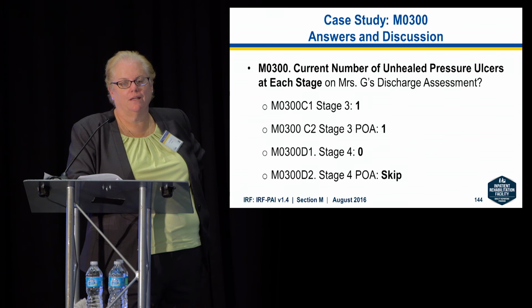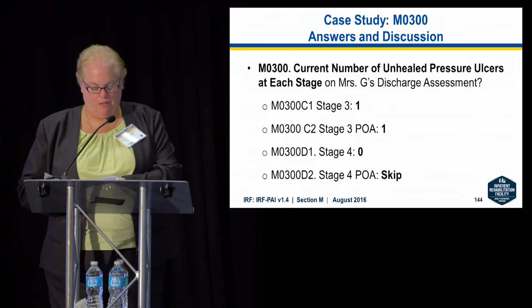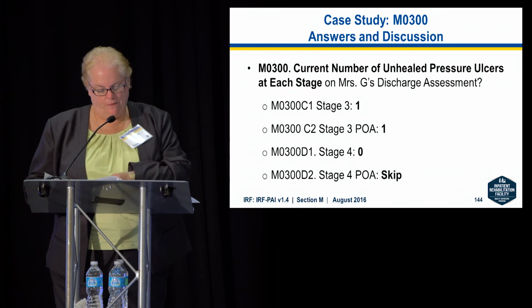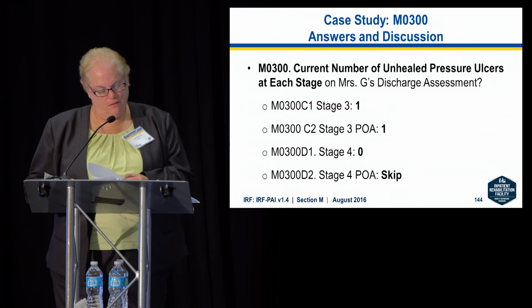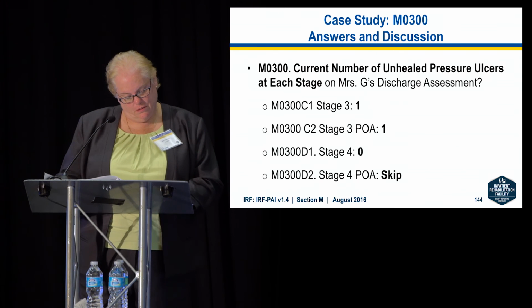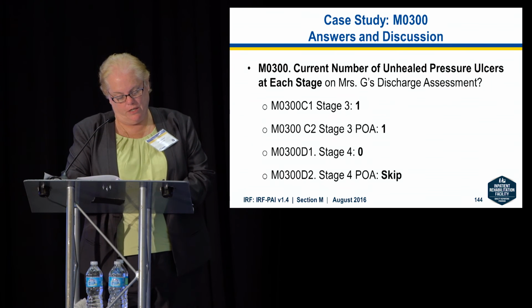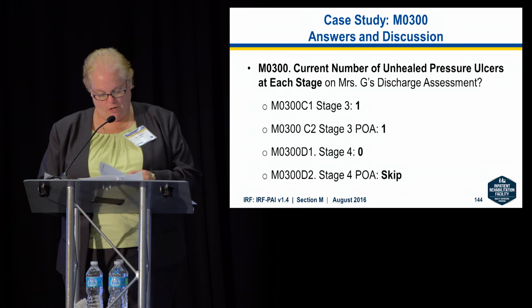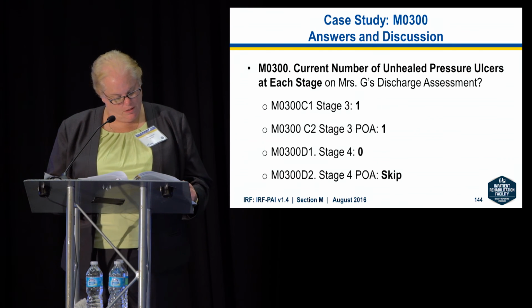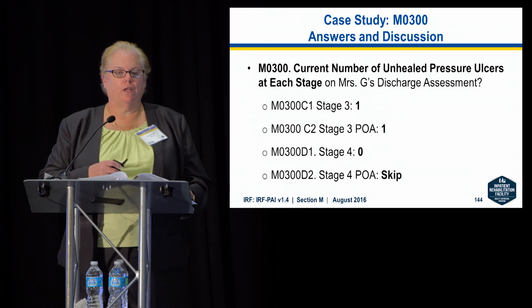Yes? Okay, let's see. On discharge, they had a stage 3, because, right, it developed on July 11th. It progressed to a stage 3. July 11th, so the suspected deep tissue injury is full thickness, stage 3. Okay, so let's think about that.